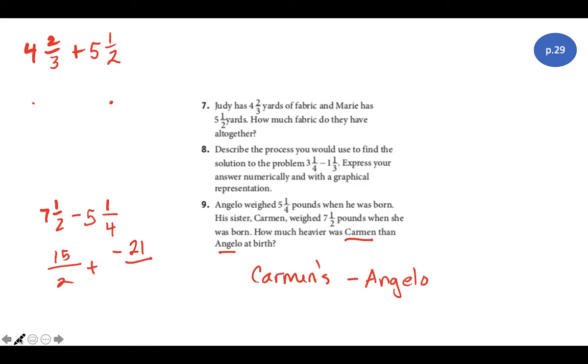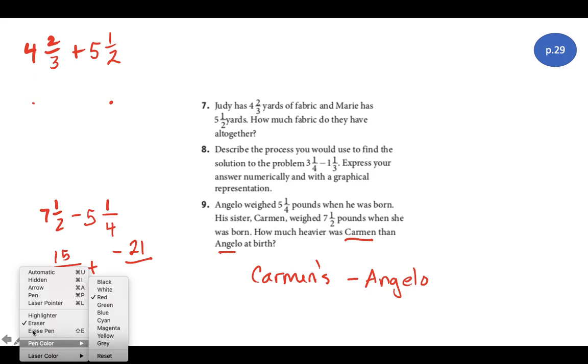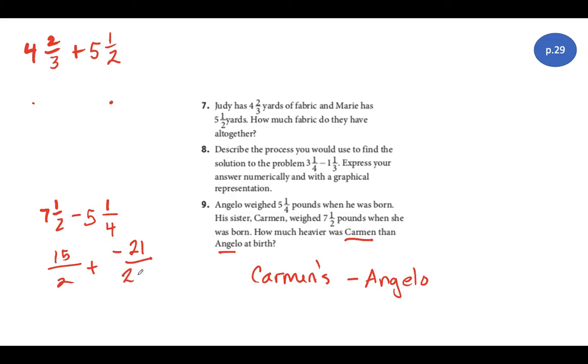Got to find my common denominator. Well, I know 4 is 2 times 2. Come on, pen, work for me. So I can replace the 4 with 2 times 2, which makes it super duper clear. Then I need an additional factor of 2 over here. So I get 30 over 4 plus negative 21 over 4